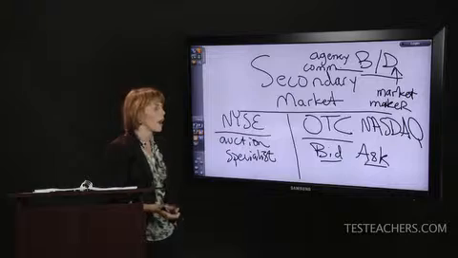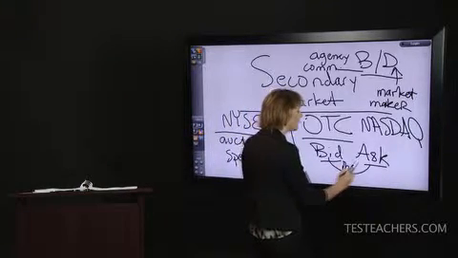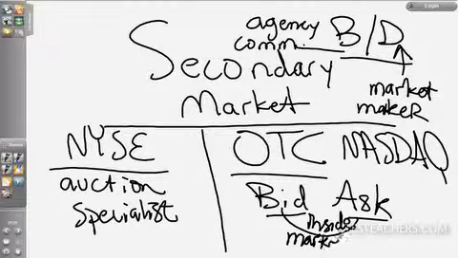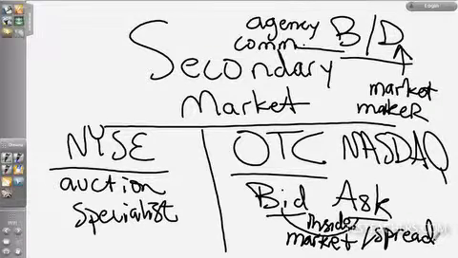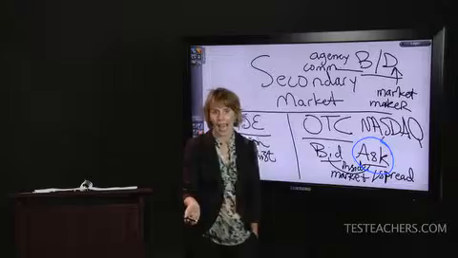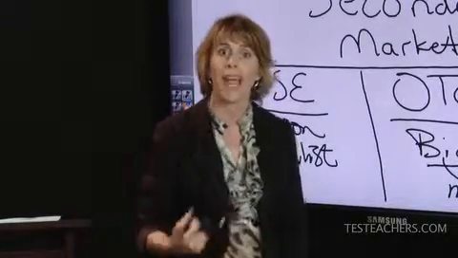The difference between the bid and the ask is called the inside market or the spread. The narrower the spread, the more active the issue. So your customer buys at which of these prices? The customer always pays the ask. So the dealer's willing to sell at the ask, but the customer buys at the ask.